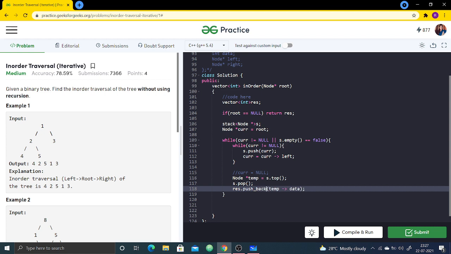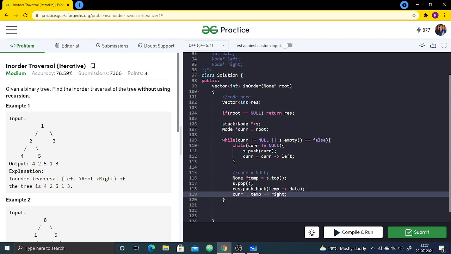After this we will simply do current equals temp's right. So temp was the topmost element of the stack. I popped the element from the stack and put it into my resultant vector, and now my current becomes the popped item's right.